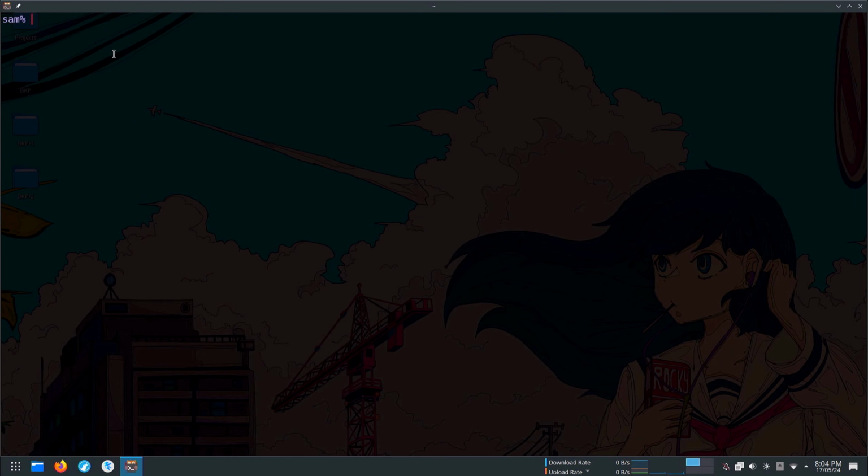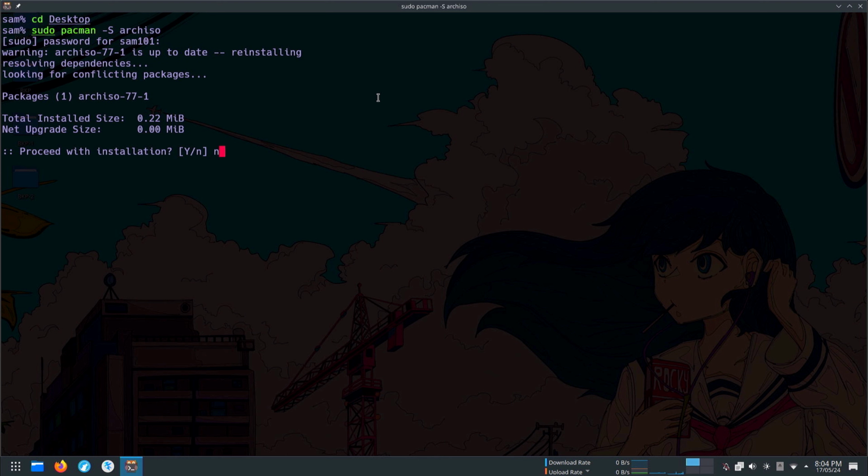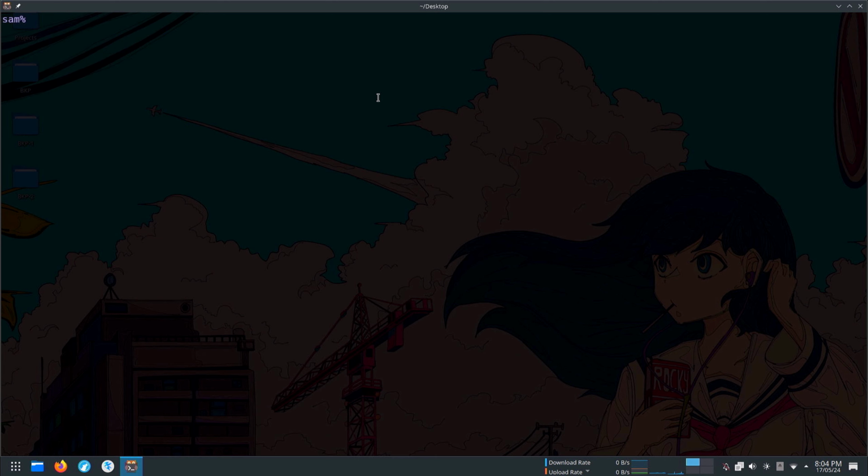Now open your terminal. Change your directory to desktop. Then install a package named archiso. This package will help us create our own Arch Linux based ISO file. Now I am creating a folder named ArcadeOS.